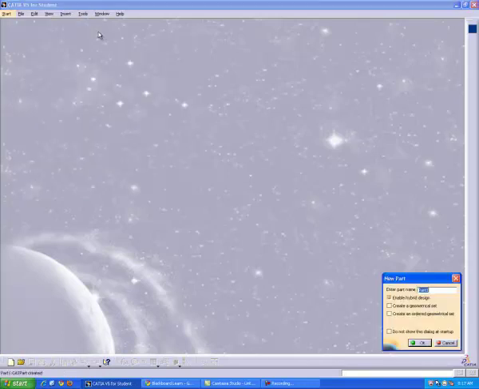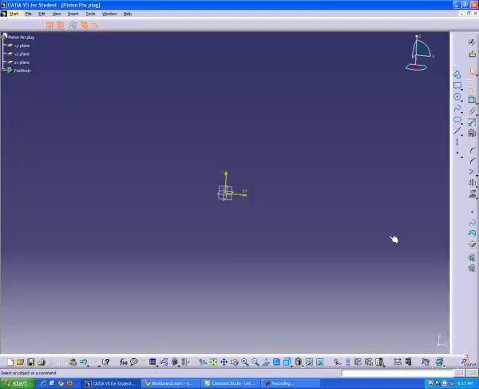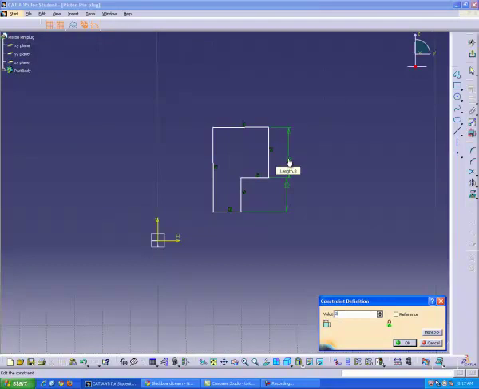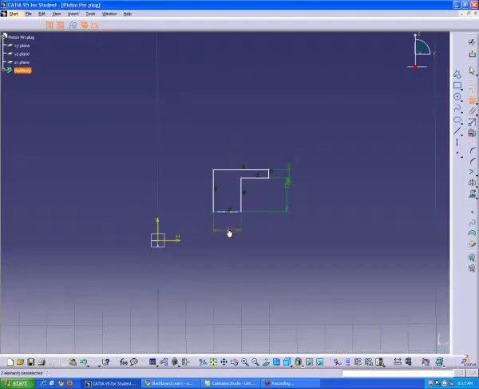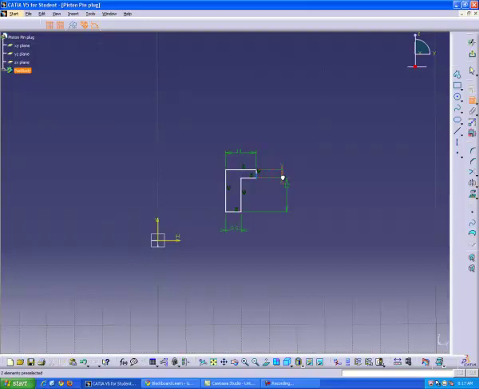Next we're going to create the piston pin plug. We're going to use the same approach as we did for the link pin. So go ahead and make a new part. And now we're going to enter Sketcher in the YZ plane. And create a basic sketch again. And constrain it. Once it's fully constrained, exit Sketcher